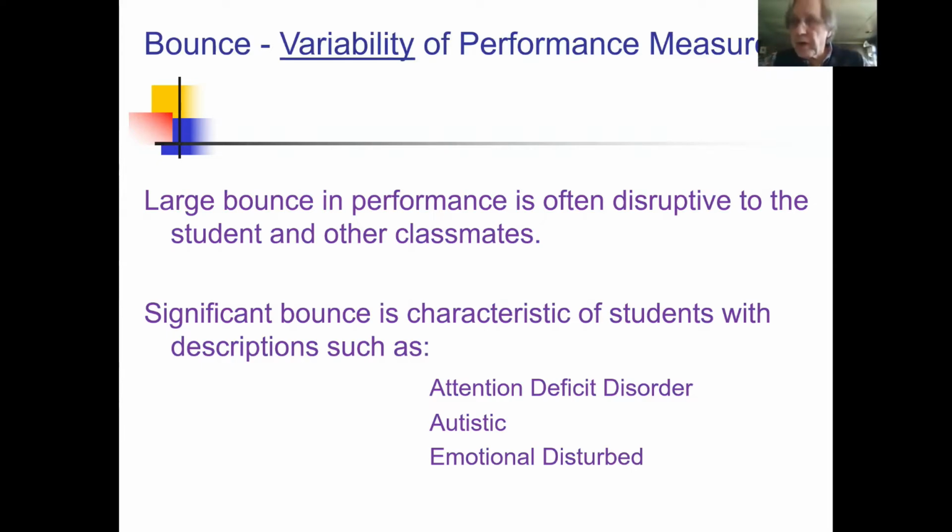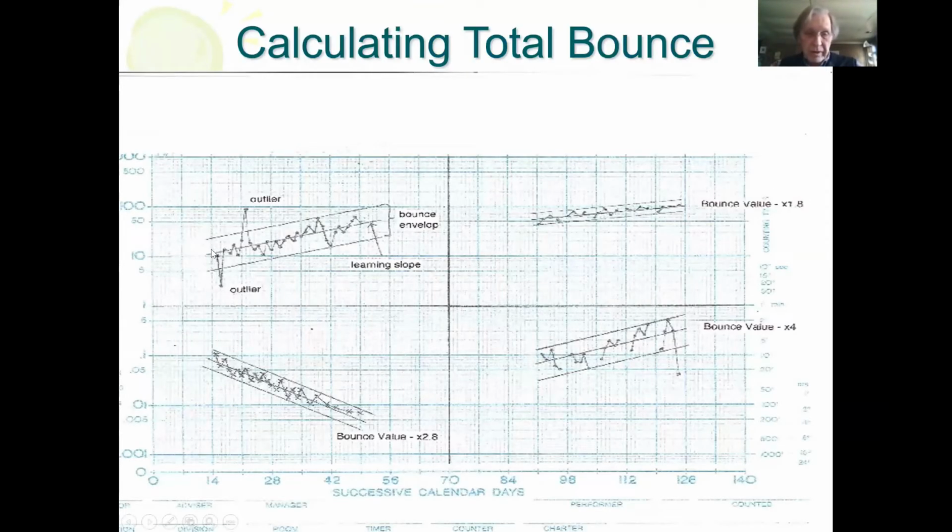We make bounce visible by depicting it on the standard learning chart, and we calculate the bounce based on how much the data vary above and below the learning slope line. So here's the learning slope line. Here's the highest frequency and the lowest frequency. We ignore the outlier information. So what we're calculating is the distance from this lowest frequency to this highest frequency, and that's what we consider the bounce. So here's an example of bounce that is accelerating,